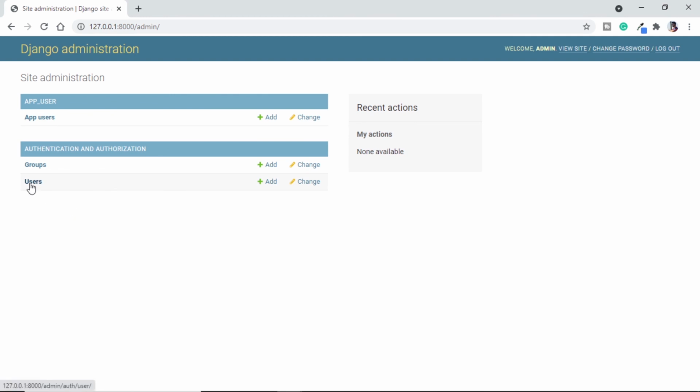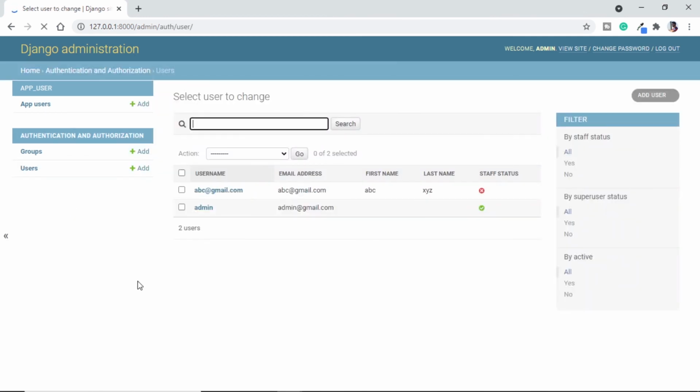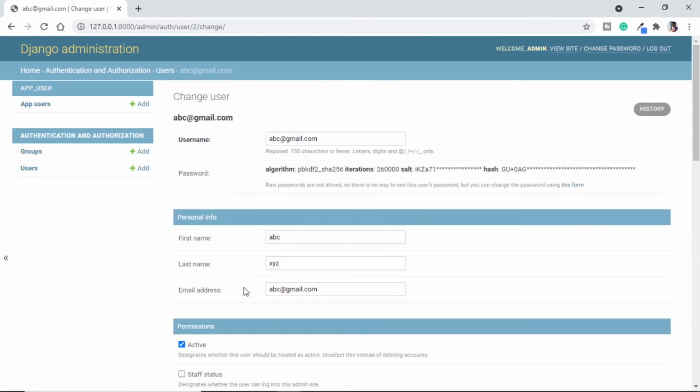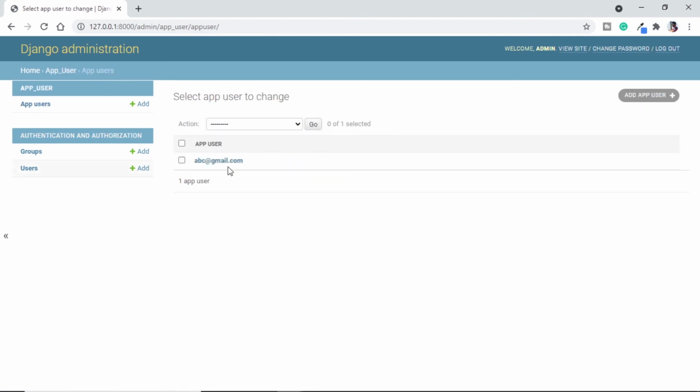First of all, let's check the default users. Here we can see we have successfully created abc@gmail.com, which we have provided as an email. If we open this, we can see username and email are same, and first name and last name are split using the space in between them. And if we go to app users, which is our custom user model, we can see we have abc@gmail.com.